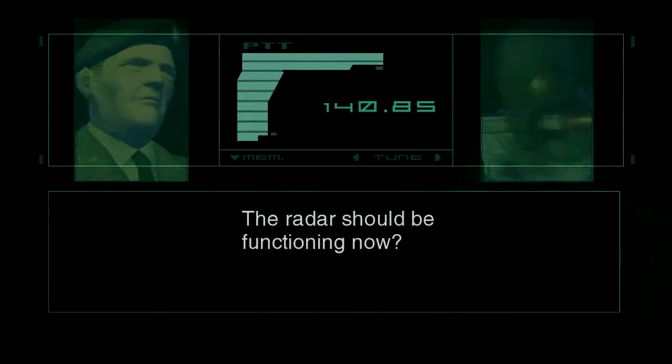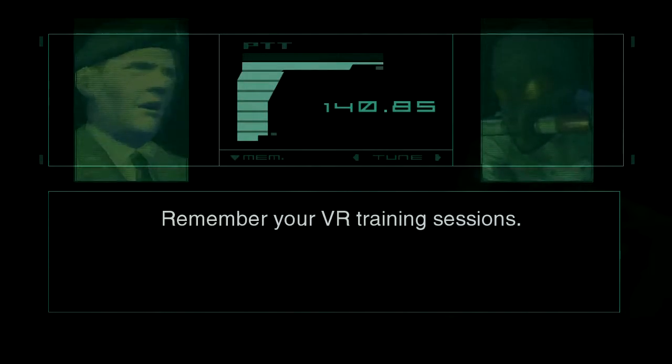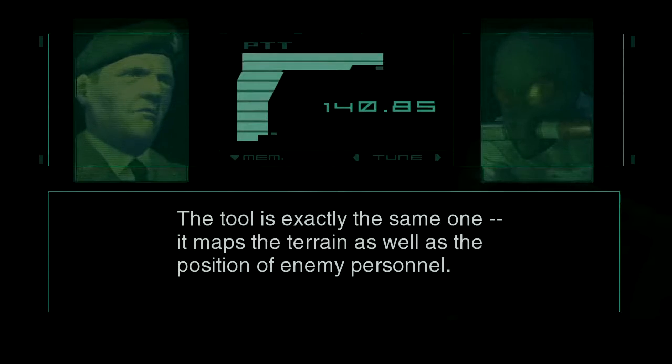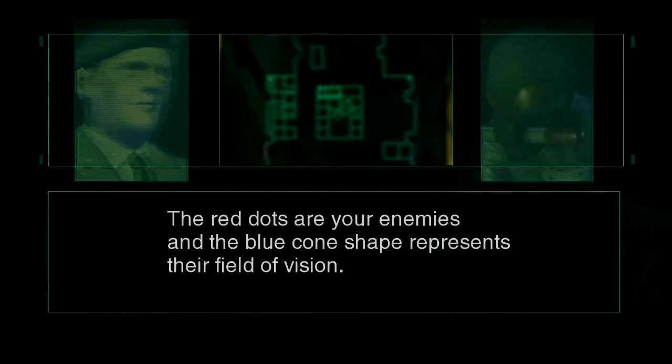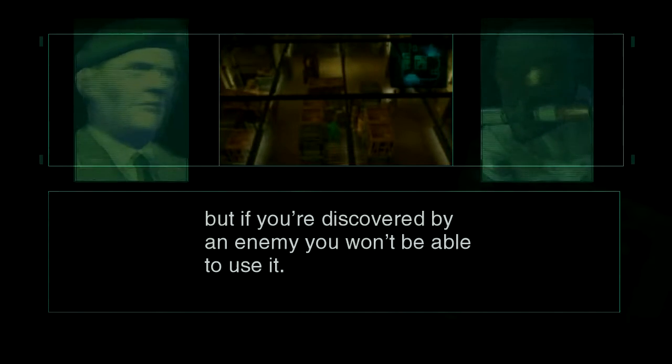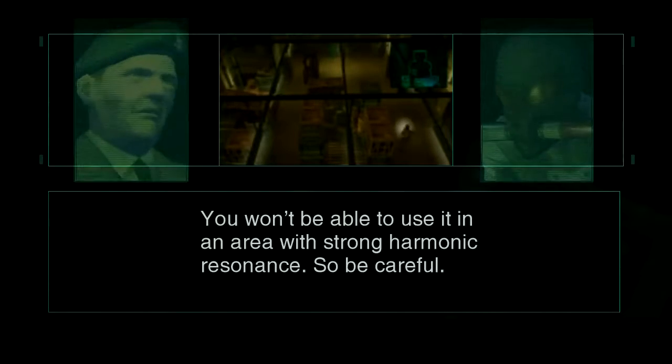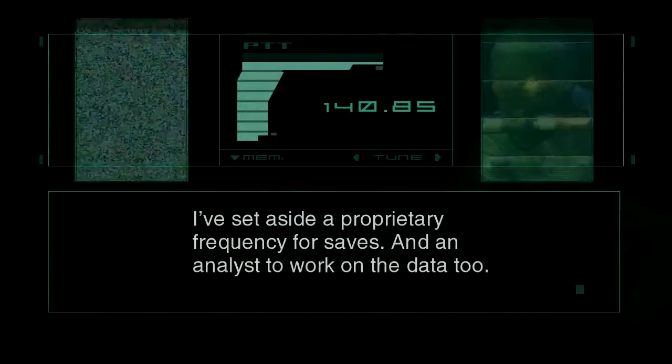Good work, Raiden. The radar should be functioning now? Remember your VR training sessions. The tool is exactly the same one. It maps the terrain as well as the position of enemy personnel. The bright dot in the middle is you, Raiden. The red dots are your enemies, and the blue cone shape represents their field of vision. Your radar isn't affected by the weather, but if you're discovered by an enemy, you won't be able to use it. It gets jammed easily, I'm afraid. It's all made from currently existing technology. You won't be able to use it in an area with strong harmonic resonance, so be careful. The big shell's